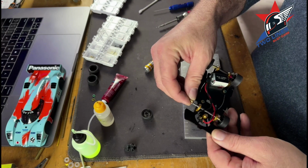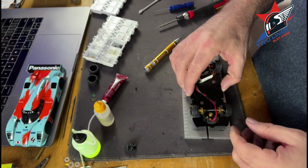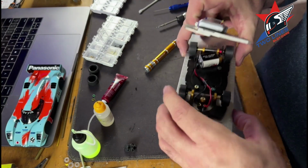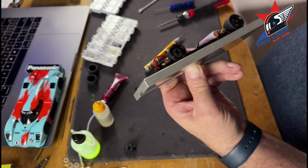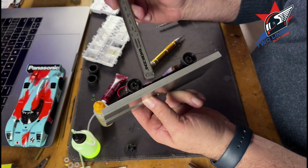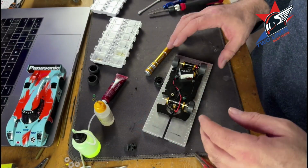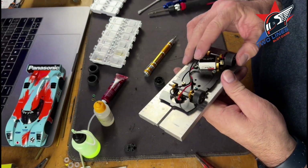So spacer, wheel, tire. All right, so I'm going to take my calipers and measure the ride height. Now, I don't have a feeler gauge or anything like that, so when I measure this out, we are right there in its stock configuration